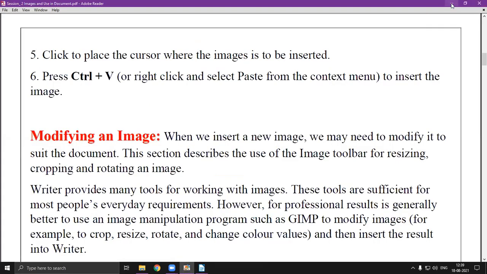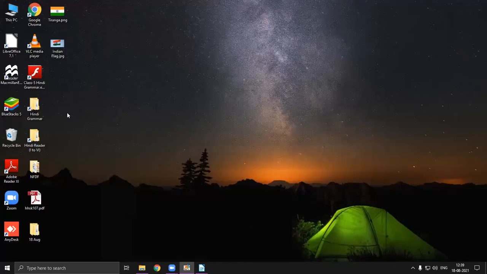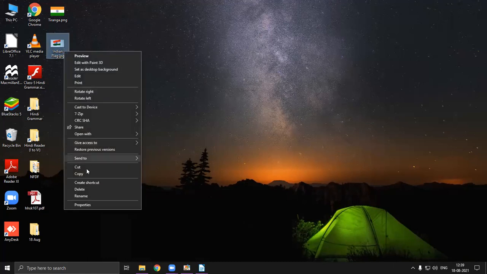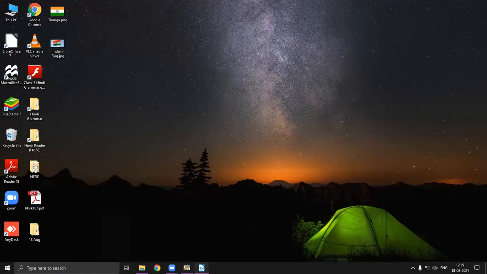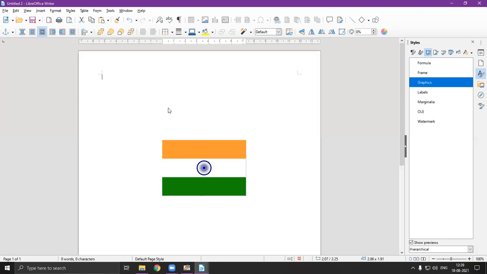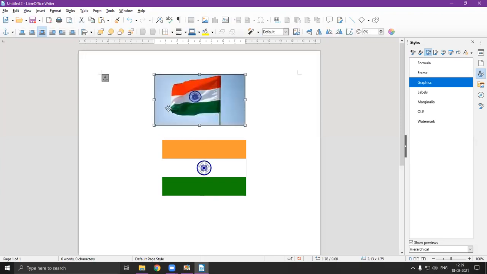Or what will you do if you have to select the image from here, the source only? So you need to select this, press Ctrl C, or right click and copy. Now I'm coming to Untitled 2. Here I will paste it, and here you can see that your image is being pasted to your Writer document. So this is the method how you can insert an image. I have told you all the 3 basic methods. So hope you have enjoyed it and hope you have understood it. So please give your consent.